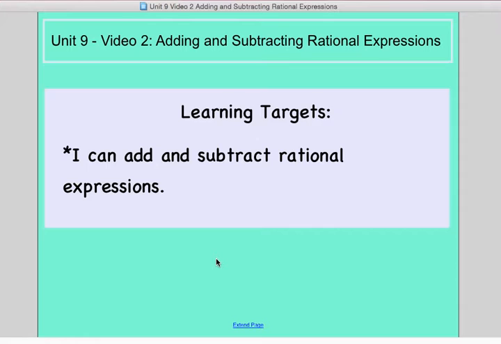Today we're going to look at adding and subtracting rational expressions. Your learning target for today is that you can add and subtract rational expressions. Yesterday we looked at multiplying rational expressions. Remember when you multiply,